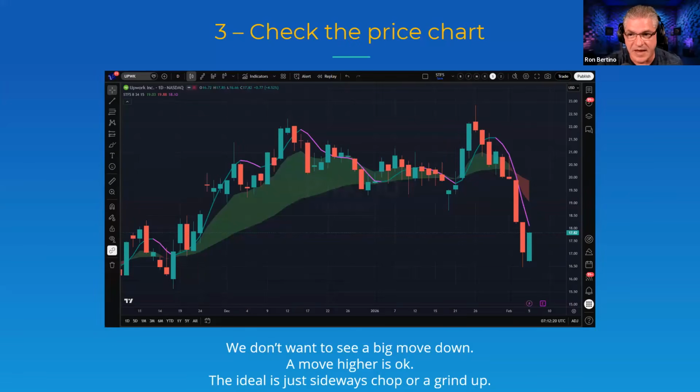Okay, now I will also eyeball the price chart. And this is what we touched on before in terms of a market crash or whatever. But here, if I'm seeing a significant move down, this is where I'm looking, because normally with a move down of a stock, IV goes up. So you don't want to be getting in at the very bottom